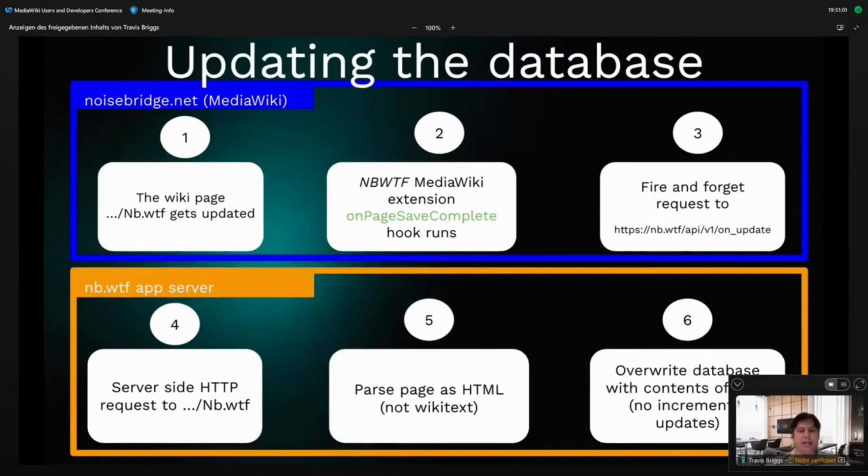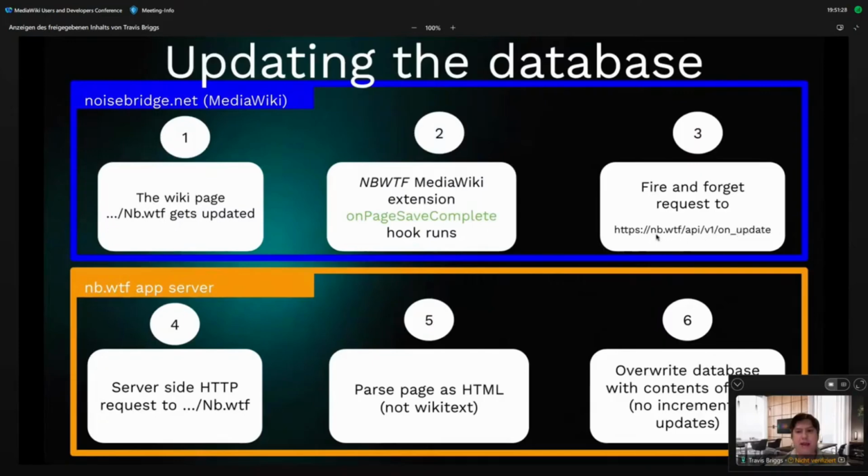When I was building this, maybe there's some other way to do this, but as far as I understand, on-page-save-complete is going to run on every page save across the entire wiki. So what we do is we just check, was the incoming page the nb.wtf page? If not, return immediately. And if it was, we just do an AJAX request to this special URL, API v1